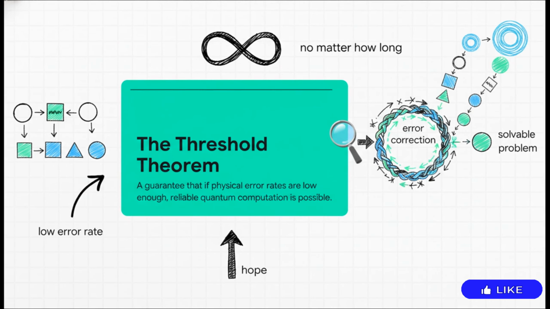And all of this hard work is supported by this profound, beautiful message of hope called the threshold theorem. It is essentially a mathematical guarantee. It proves that this problem that seems so impossible is in fact solvable. What it says is this: as long as the error rate of your individual physical parts is below a certain tipping point, a threshold, then you can keep stacking up these error correction tricks to make your final calculation as perfect as you need it to be, no matter how long or complex it is. This is the theorem that gives everyone in the field the confidence to keep pushing forward.